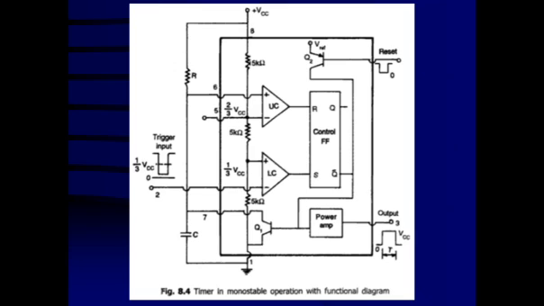And when the voltage across the capacitor increases up to 2/3 VCC, the output of this comparator is going to be 1. It will reset the flip flop, and Q becomes 0 and Q bar again becomes 1. So this is inverted, and the output immediately switches from high level to low level. So this is the timing interval T of the pulse which is going to be generated, and this timing interval T depends upon the RC time constant.